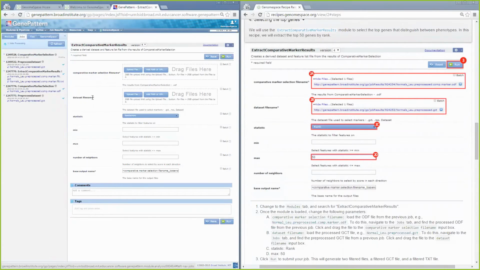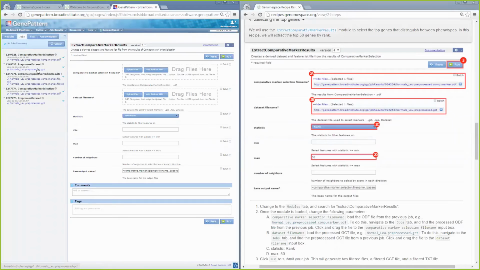But meanwhile, we have dataset file name, which I can see is this normals_lu.preprocessed.gct file. And we already have that from the previous job. So I can click and drag that to the second parameter, and this .comp.marker.odf to the first parameter. And now I can see that there are definitely other parameters I need to change.